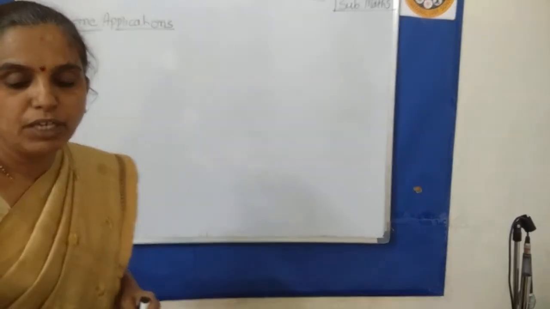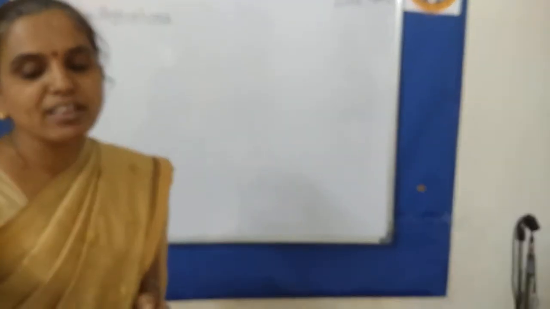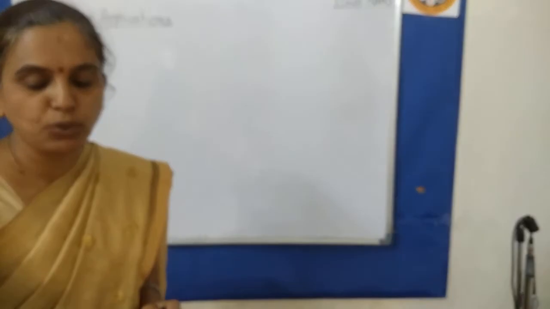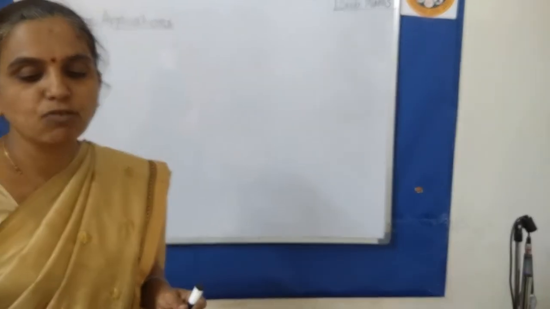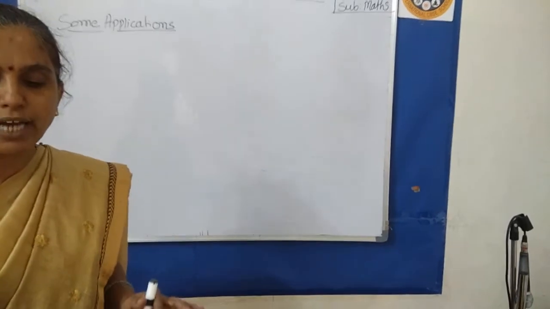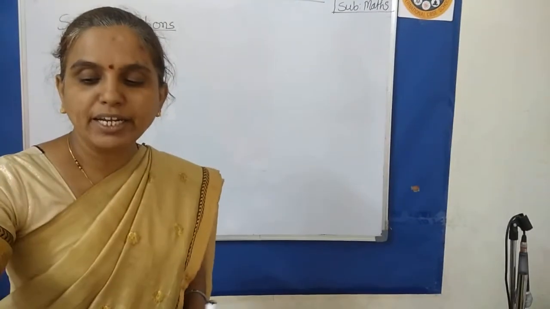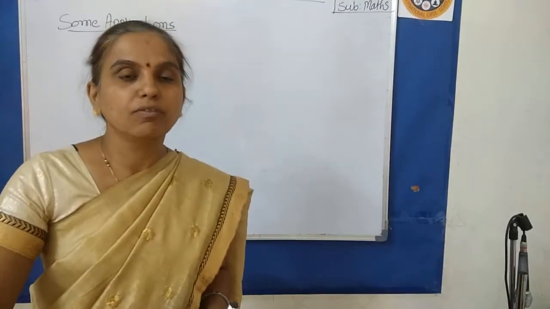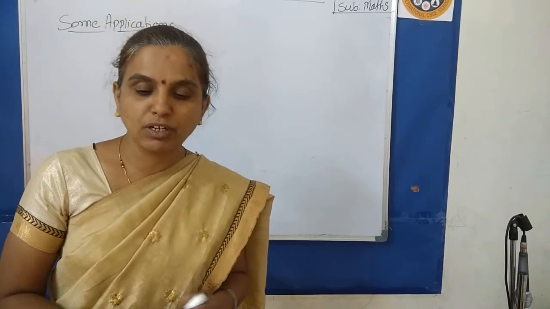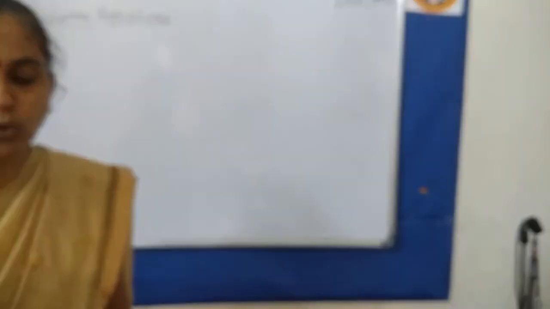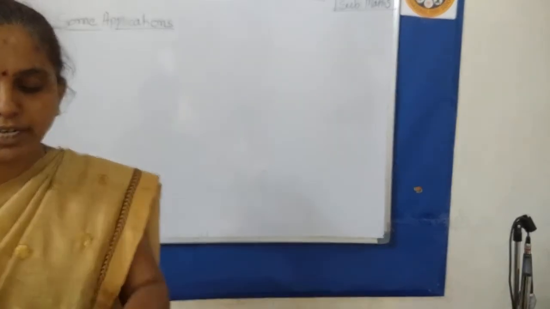From that, we already completed two examples from exercise 2.2. I explained a few of the examples from exercise 2.2, and after that we started the next point, solving equations when the variables are on both sides of the linear equation. Yesterday we already completed two examples. Now let us see the third example.